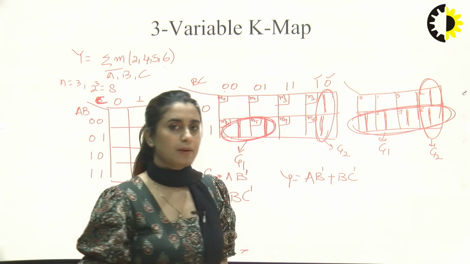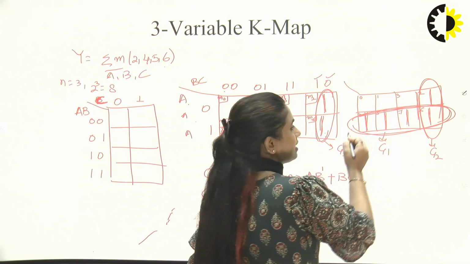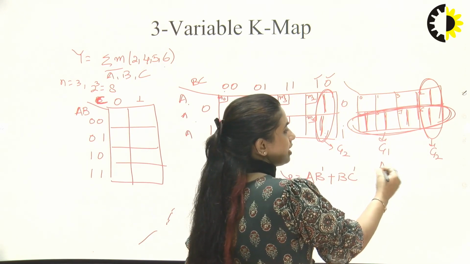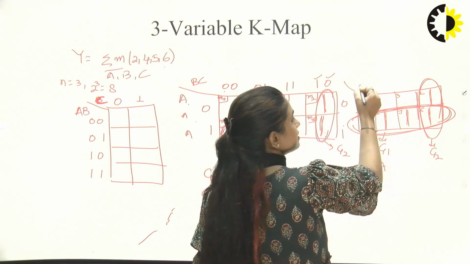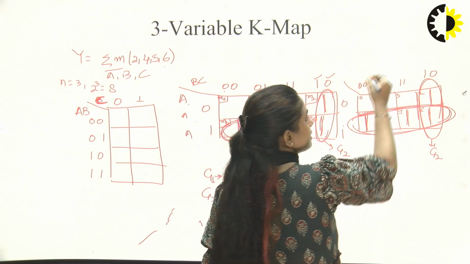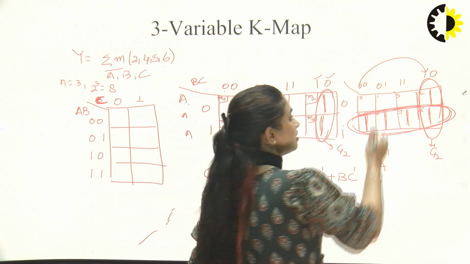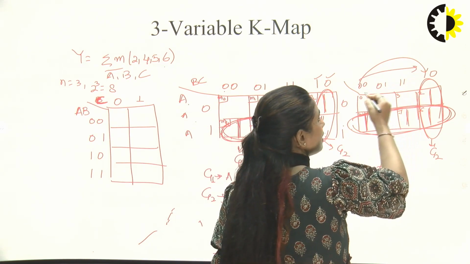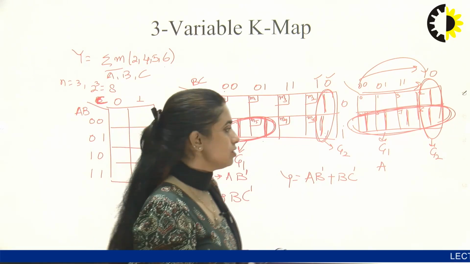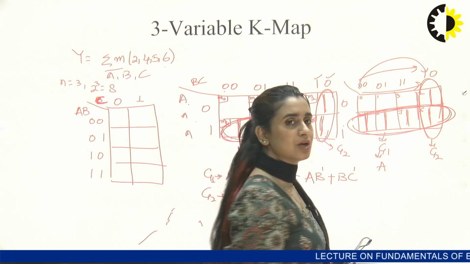When I talk about the name of group 1, I see the value of A is not changing. A remains 1, which is A. And from here to here we see 0, 0, 0, 1, 1, 1 and 1, 0, so B is changing and we exclude B. C is also changing because we are moving from place 1 to place 4. So B and C will not be included in the name. This is how I name group 1.